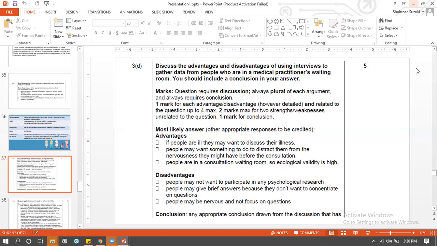हो सकता है कि you know what, they are in the doctor's appointment, हो सकता है in the middle of the interview उनकी बारी आ जाए, they will have to go, so your interview may remain unfinished. हो सकता है कि they are in extreme pain, पेट में दर्द हो रहा है, आप जाके उनसे सवाल पूछ रहे हो, obviously they don't want to answer questions, so that you might be inflicting psychological harm or burden on them, so you know what, that's